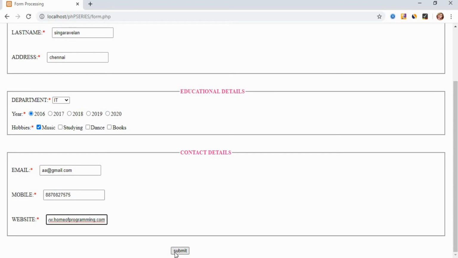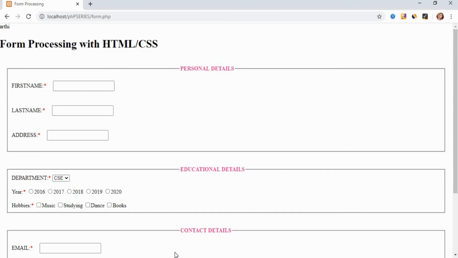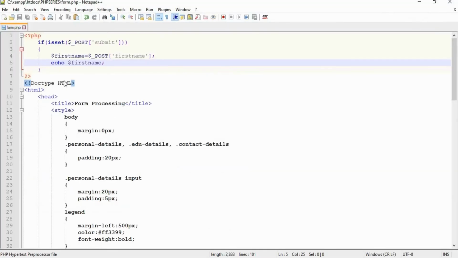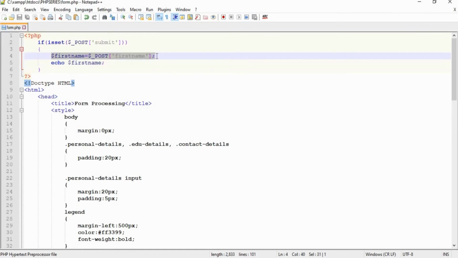I am going to submit the form now. Immediately after submitting, you can see the value here, that is Orthi, which we have given inside the form control first name, right? So now we have printed that. Similarly, for all the other fields, we can store and print the values.